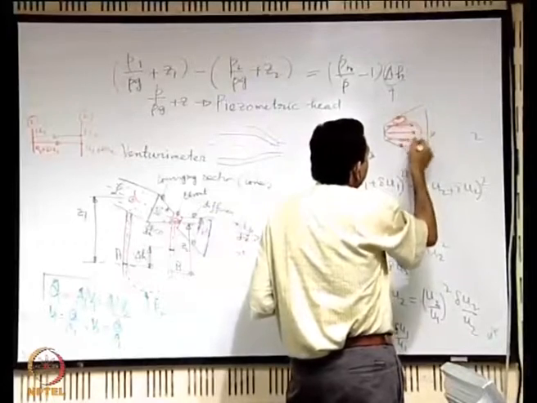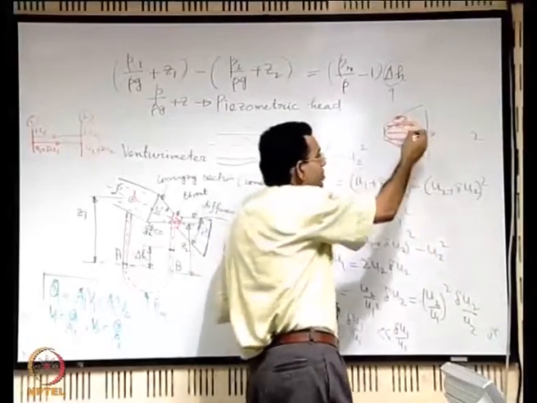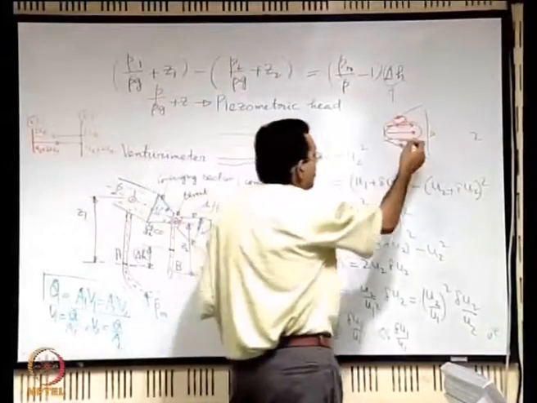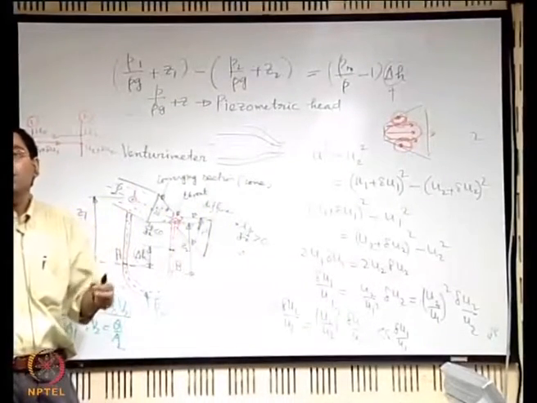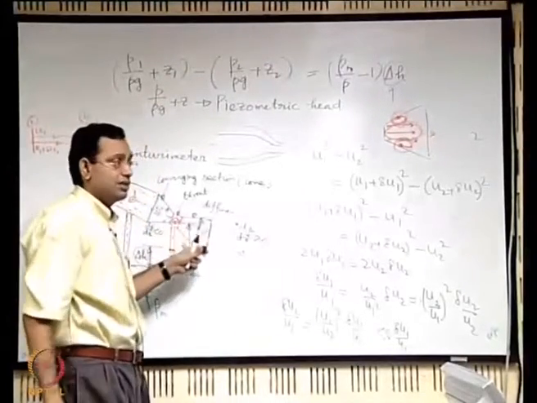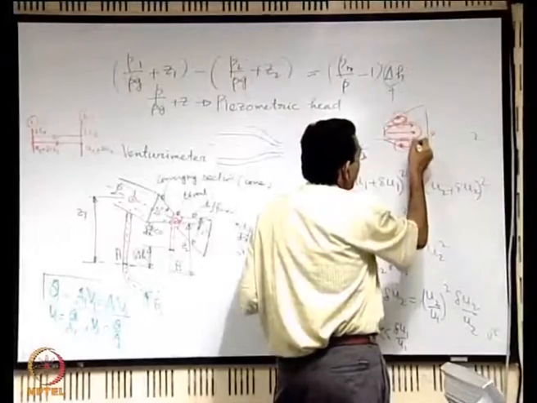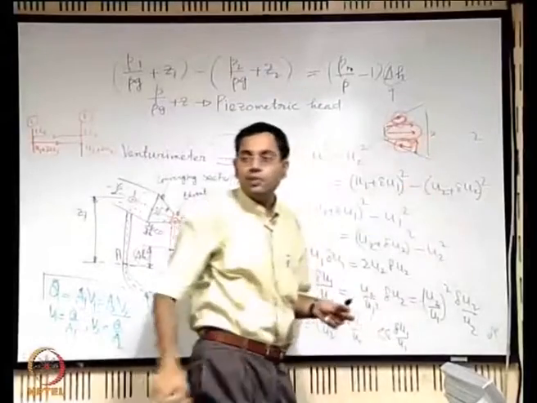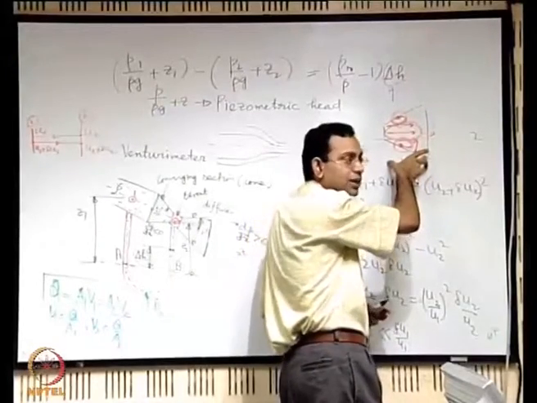Now here, this energy which is there because of the rotation of these vortices, because of flow separation, does not contribute. So effectively it is as if some energy is taken away from the main flow to sustain the rotation of these vortices. So effectively there is a kind of loss of energy of the main flow, and that loss has been created because of this flow separation, and this flow separation effect is stronger the more the angle of the diffuser. The reason is, the more this is, the more severe will be the adverse pressure gradient, because the pressure increase over a given length is more severe, as the length becomes smaller.